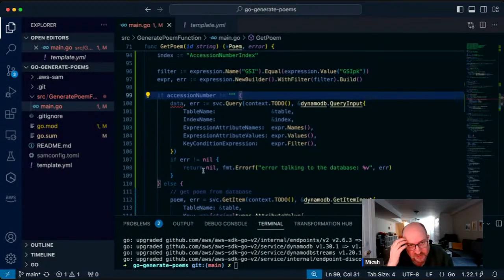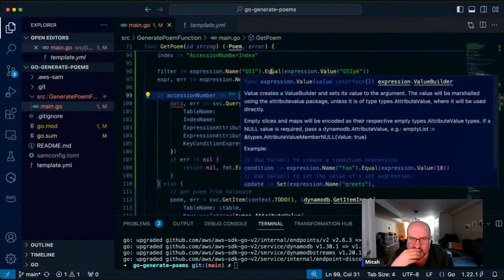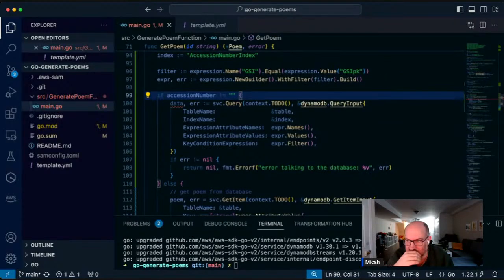But that doesn't make any sense because we're not. As expression value, one of these things has to be the accession number. My copy and pasting is not helping here. So let me just look up what this would be.